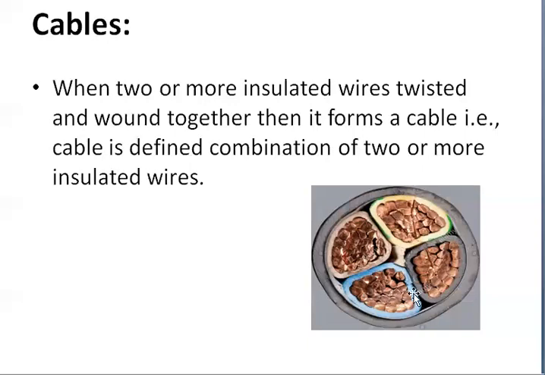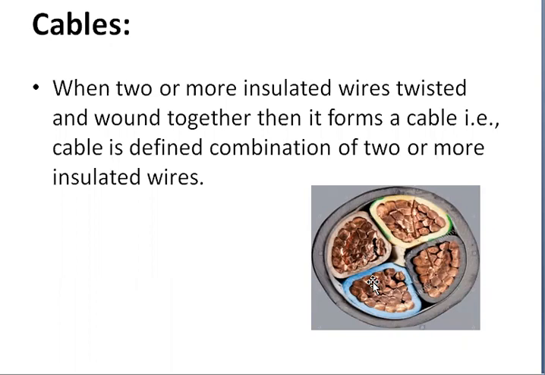See here, these are the bundled conductors. These conductors are having one insulation, and the total bundle is having one more protection. So these are having a number of protections, as there are different layers of insulation.